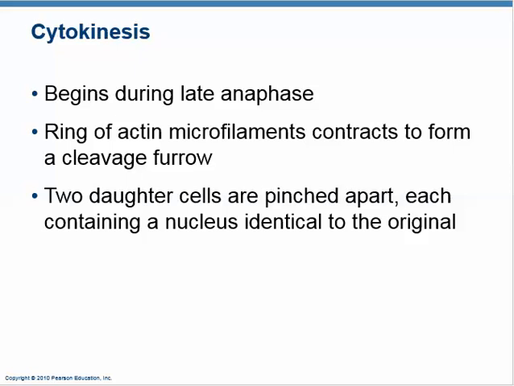So the cytoplasm contains organelles and inclusions and all of that stuff. The thing is that it's not equally distributed. It's saying that each nucleus is identical to the original, because now we've paired them up and divided them. But the cytoplasm isn't necessarily equally